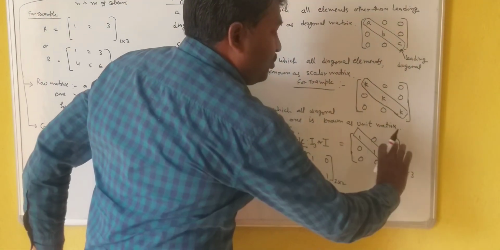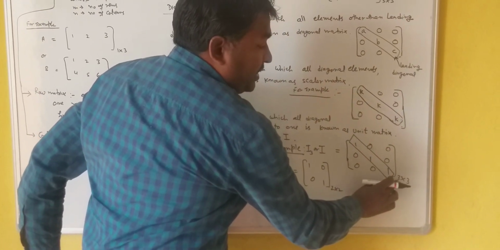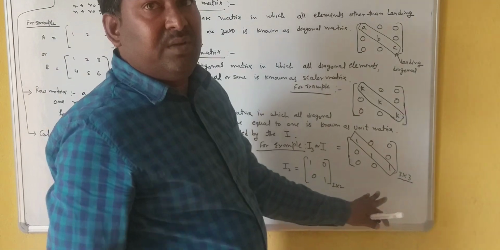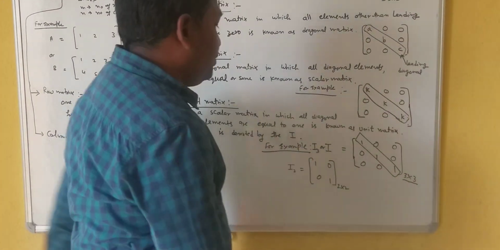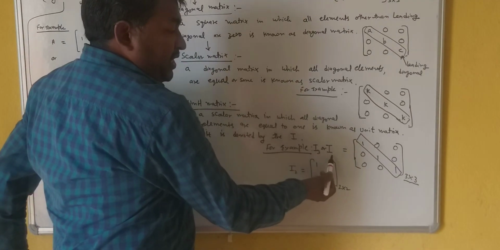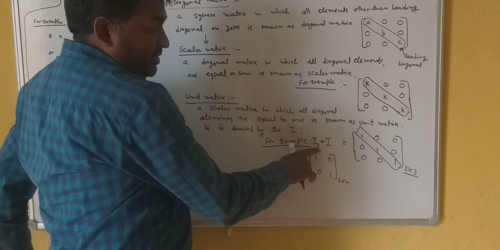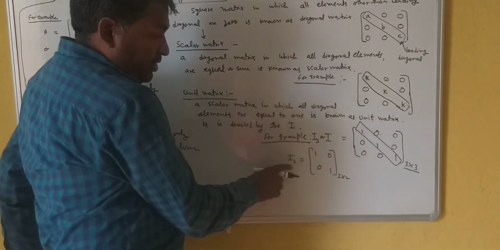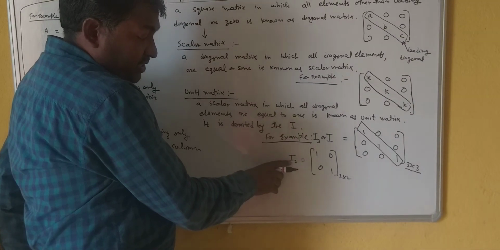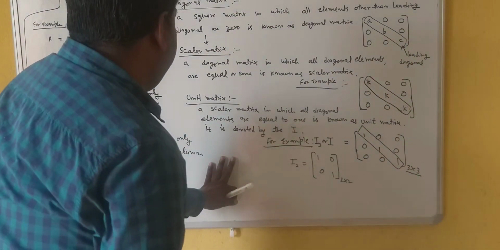Here there are 3 rows and 3 columns, so its order is 3. The order is written as 3 by 3, but for a square matrix we say its order is 3. It is denoted by a capital letter I, and sometimes we write its order as a suffix, like I3, I2. I2 means it is a unit matrix of order 2. Now I will further classify some other